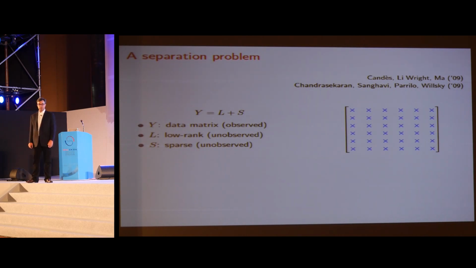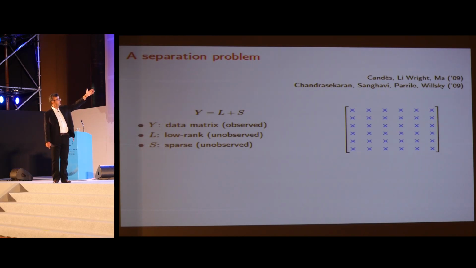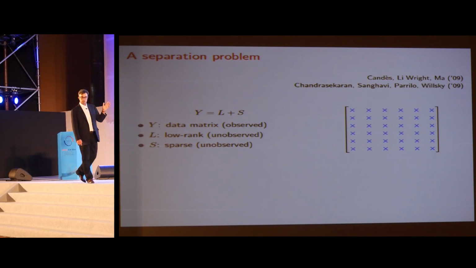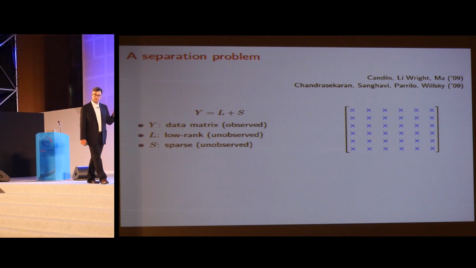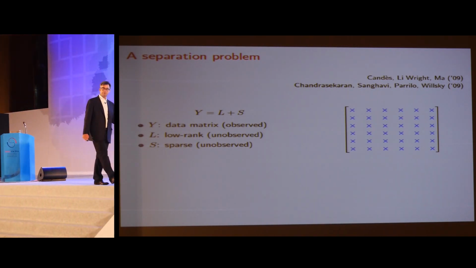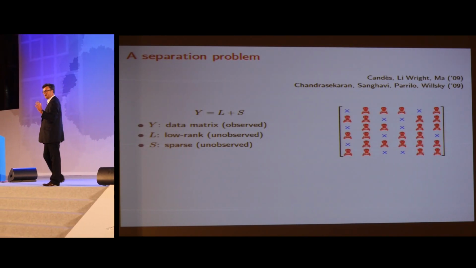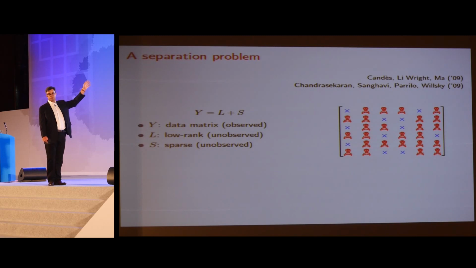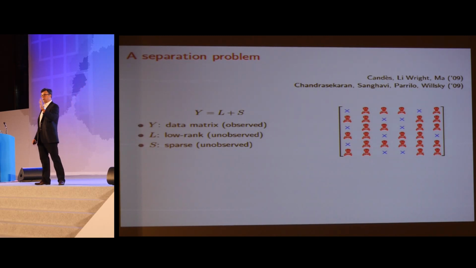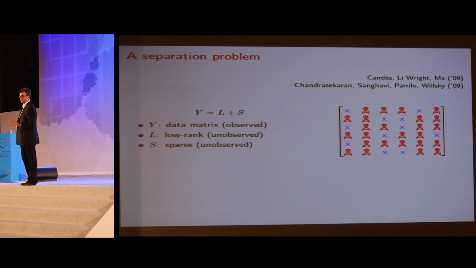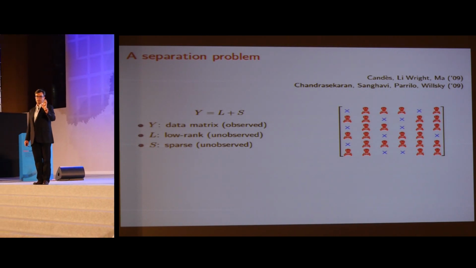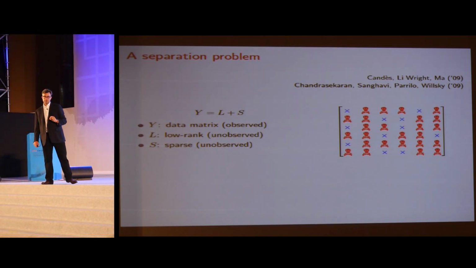And why do we want to do this? Well, perhaps the columns of this data matrix, which is represented on the right, are points living in a low-dimensional space. But because data collection is never perfect, they've been corrupted. Maybe sensors have failed or something. Right? So I have corruptions, which are modeled by this sparse matrix. So S will be non-zero at the locations where these entries have been corrupted.